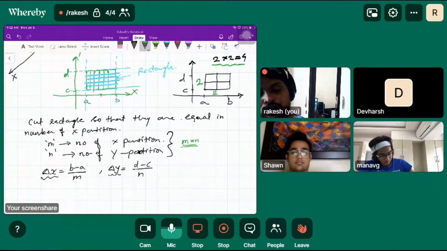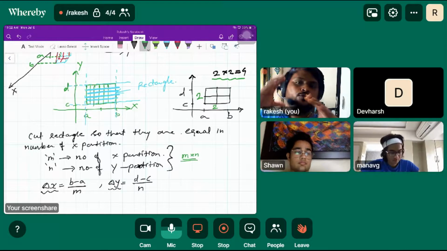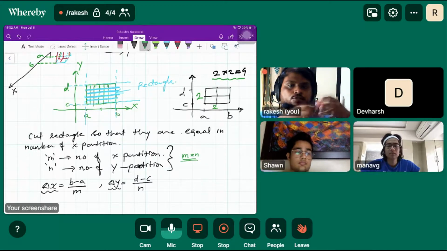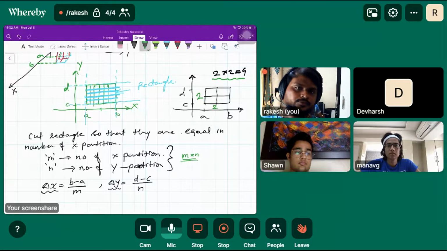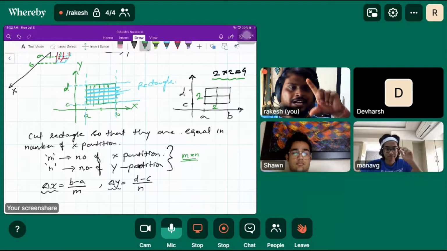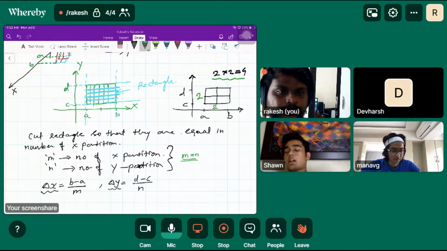My question is, you must have observed the diagram. We are going to find out the volume of each cuboid, right? So what would be the height of each cuboid? Because we already got the area of the cross section. What is the height of each cuboid? F of... You put the value in the function, the z value. Yes, the z value.